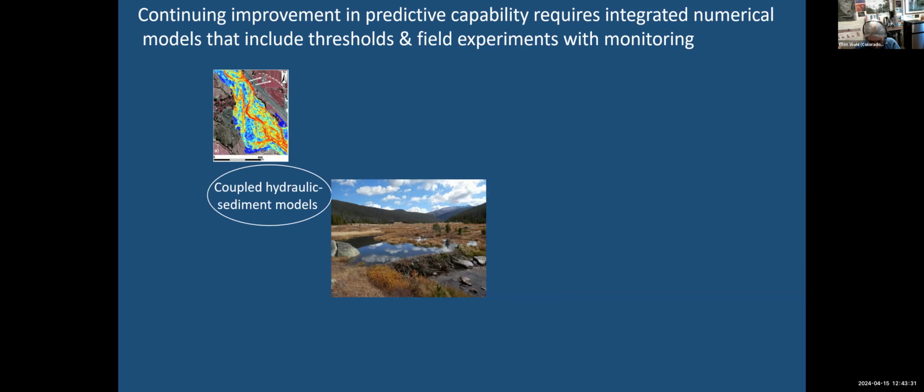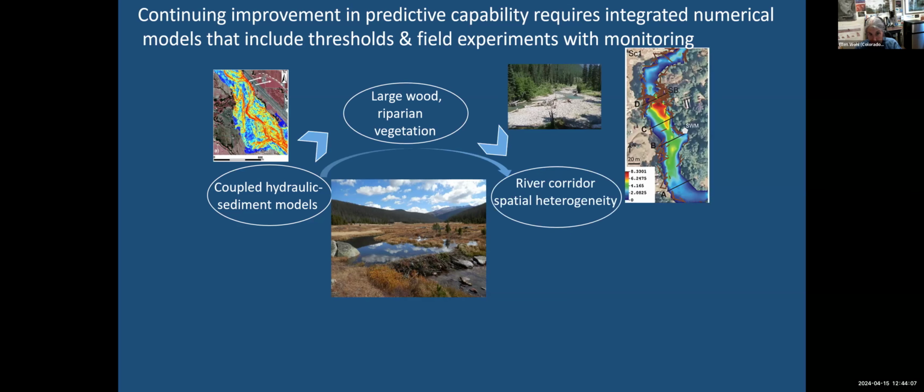We've made tremendous progress as a river science community in the last couple of decades in coupling hydraulics and sediment transport, particularly for sand-sized materials. We now have two-dimensional models for large wood, for riparian vegetation. I think what we need to start doing is integrating across different types of models so that we can have as an outcome predicting things like spatial heterogeneity and these three-dimensional fluxes, and then tying that to whatever it is that's desired in the context of management, like organic carbon stock or nitrate uptake or biomass. And that really presents an opportunity for, I think, scientists and practitioners to collaborate.